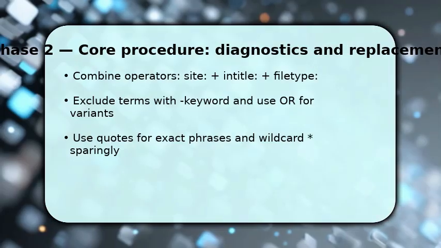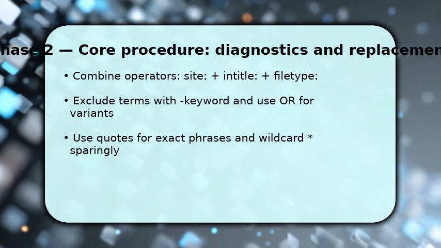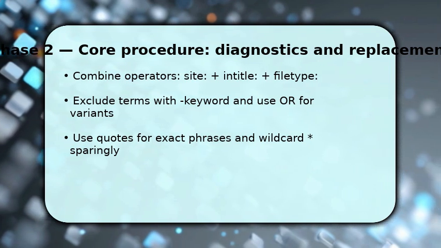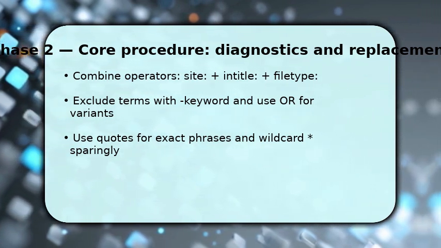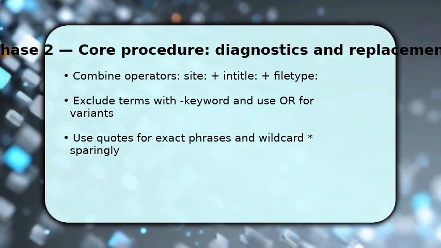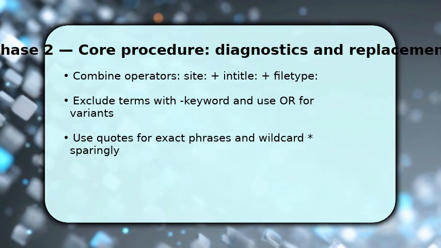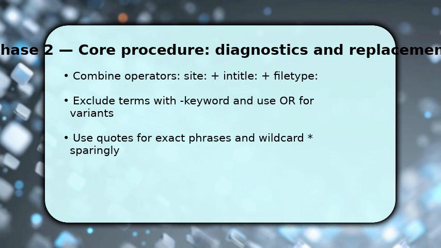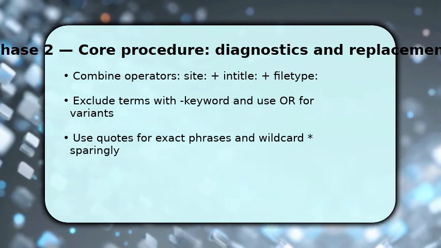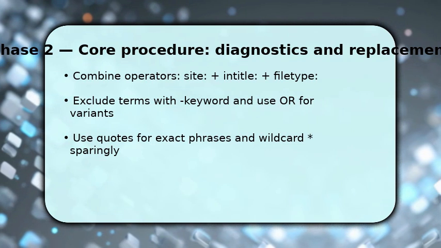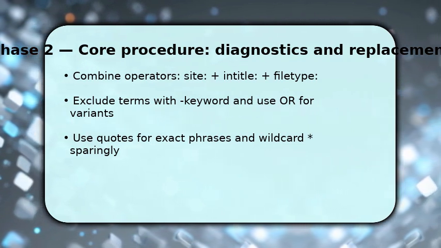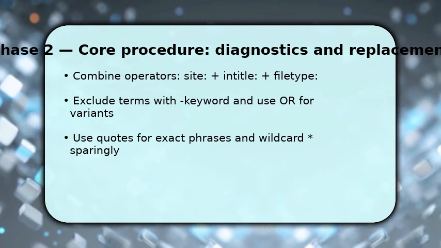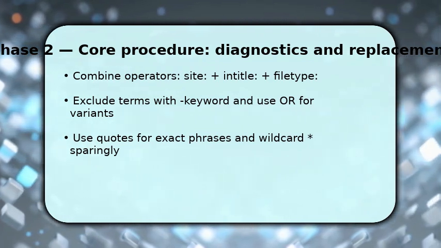results. Now you refine results using operator logic to get precision. Combine site, intitle, and filetype to focus document type and placement. Use the minus term to exclude false positives and OR between synonyms so you capture variance. Put exact phrases in quotes, for example "software engineer", and use the asterisk wildcard only when necessary because it broadens matches. As you iterate, change one operator at a time so you can see its effect and preserve the strongest